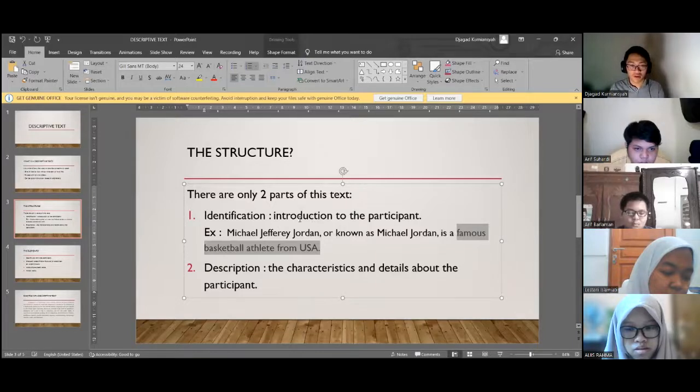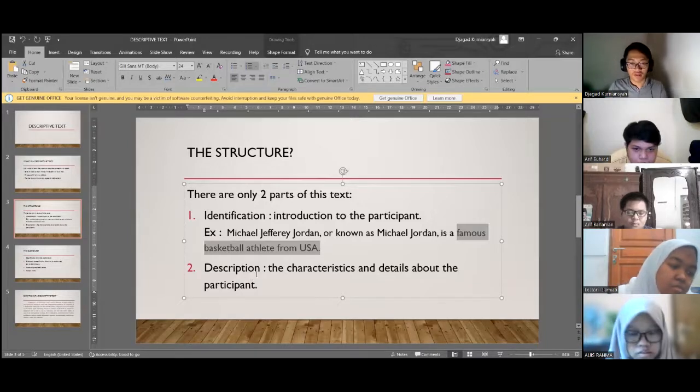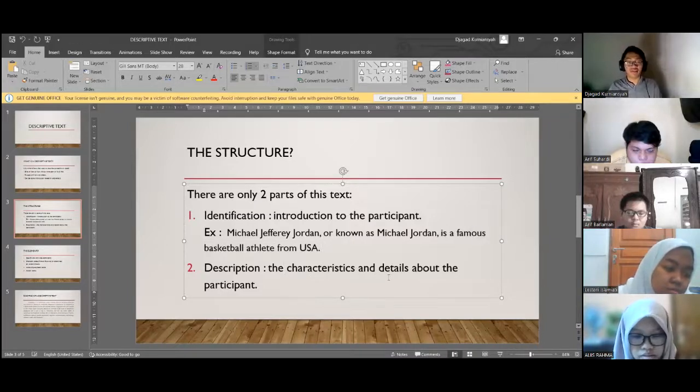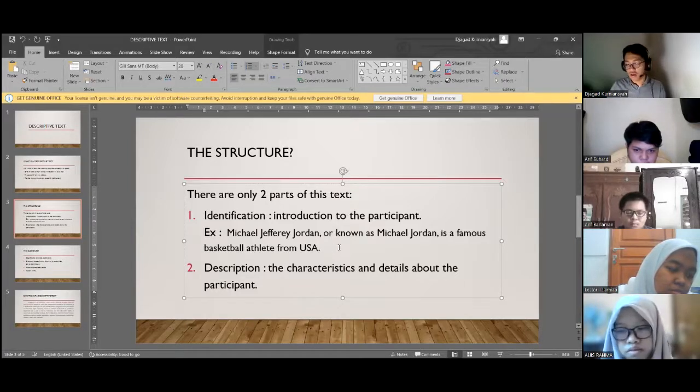So just as I explained earlier, it introduces the most common thing about the subject discussed in the text. And the next one is description, which is the characteristics and details about the participant. So after you introduce your subject, you can describe them